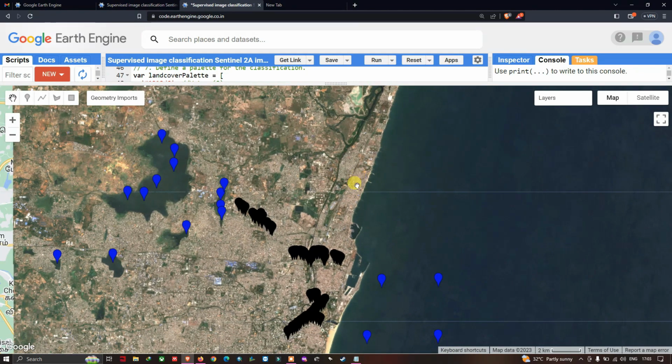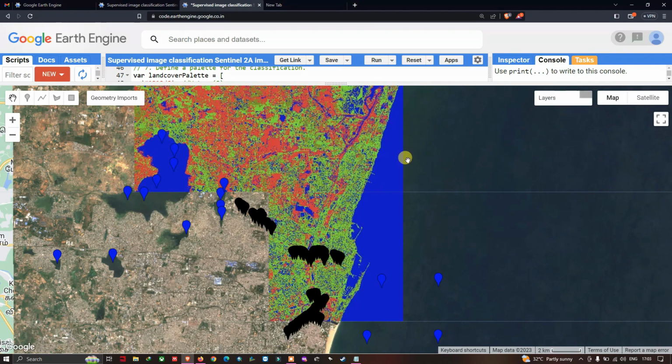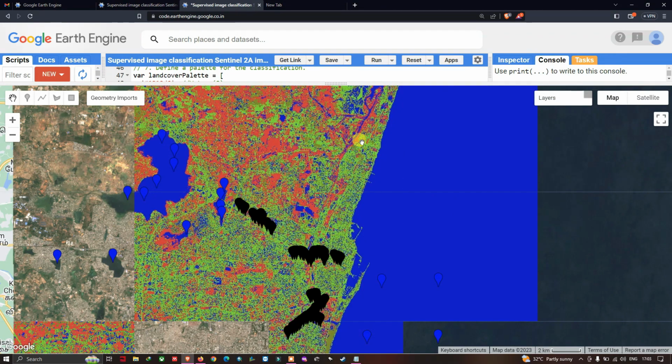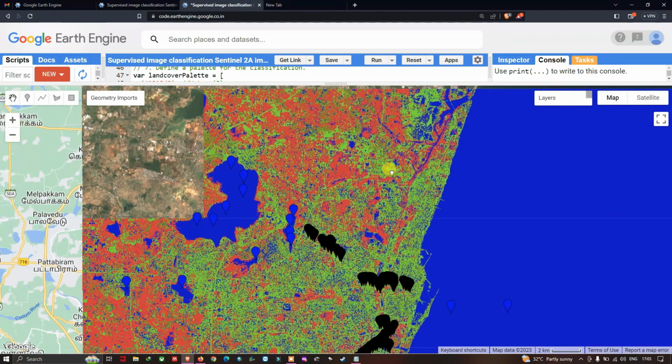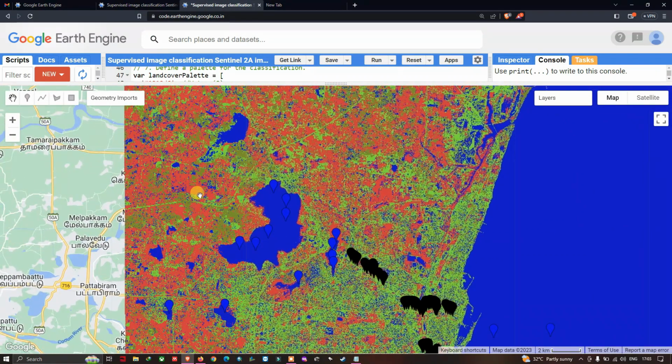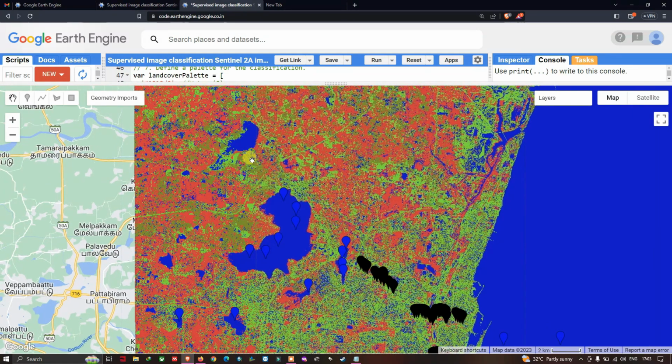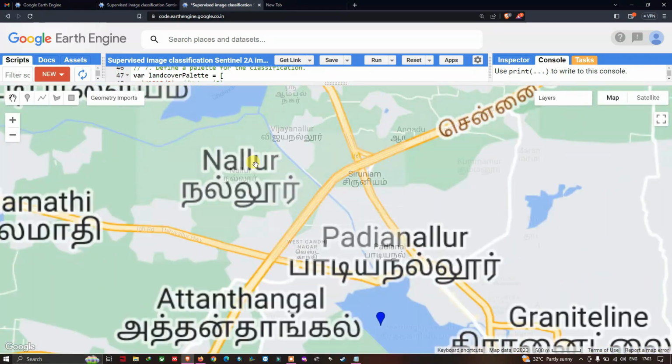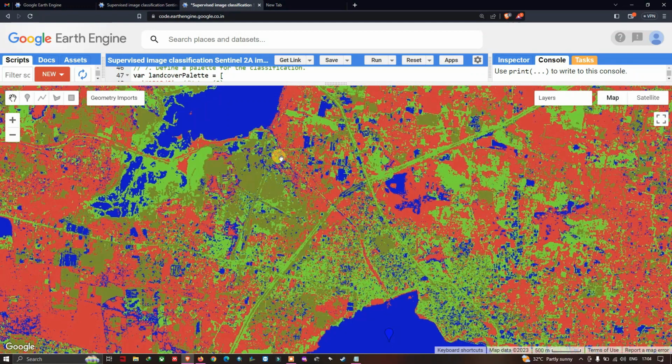So this part is indicated in green color, and the barren lands are indicated in red color, and the vegetation is represented in this color. So the water body is indicated in blue, and the vegetation in this color, and the barren lands are